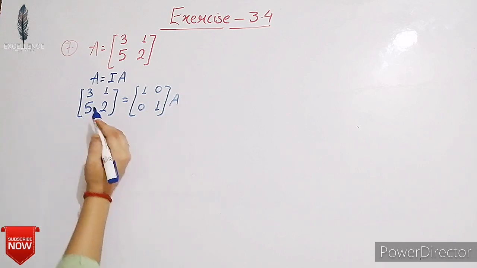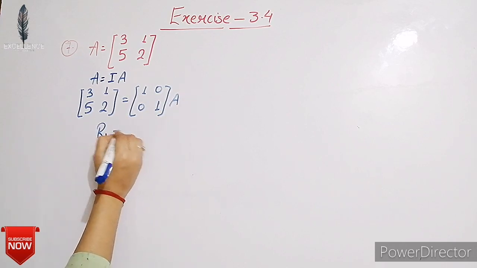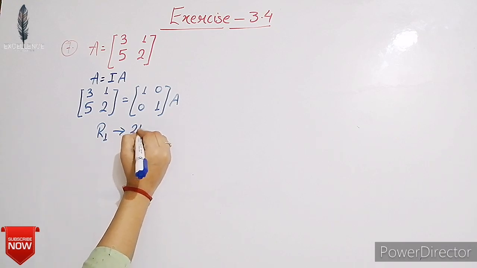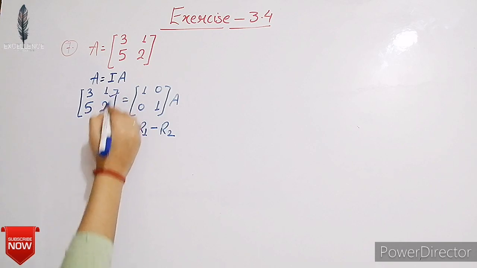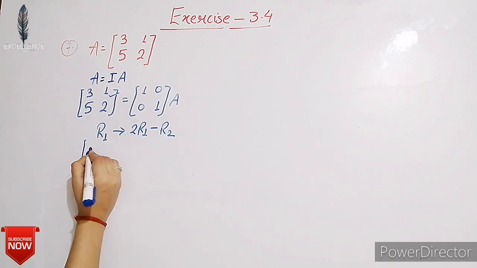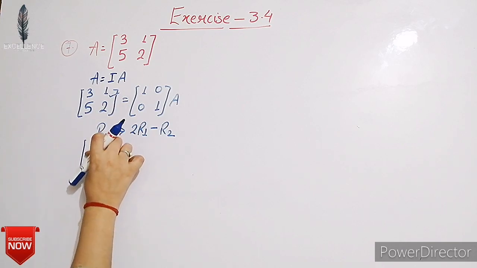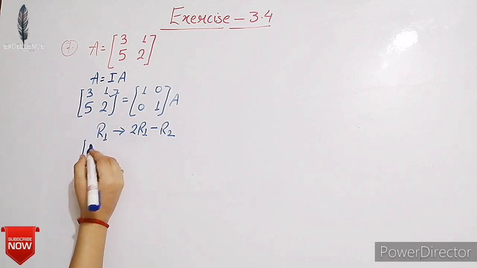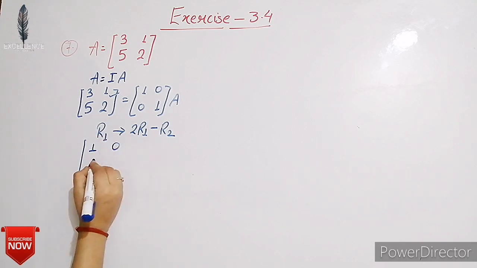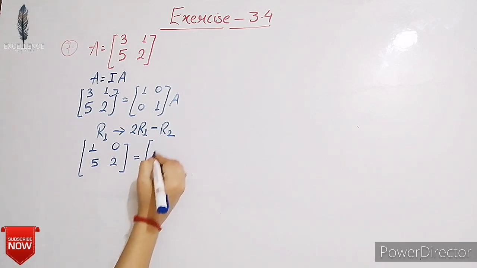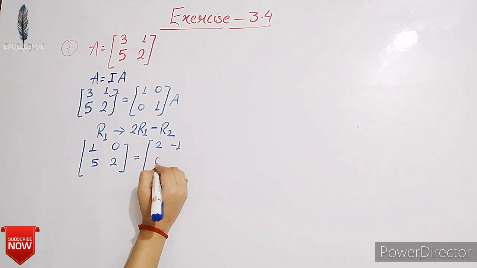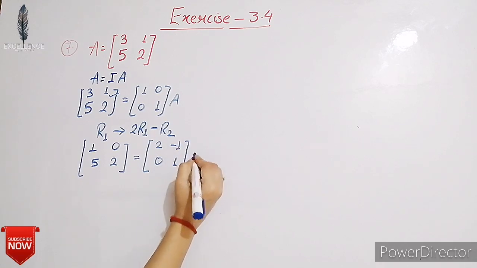Now changes in R1. Then we have R1 is such that 2R1 minus R2. R1 को सिंपल करने के लिए है ये चेंजेस, और एक एलिमेंट आपका 0 भी होगा. So changes in R1, then we get it is 1 and it is 1, 2 minus 2, so it is 0. Okay. In RHS part, we have 2 minus 1 and it is 0, 1.